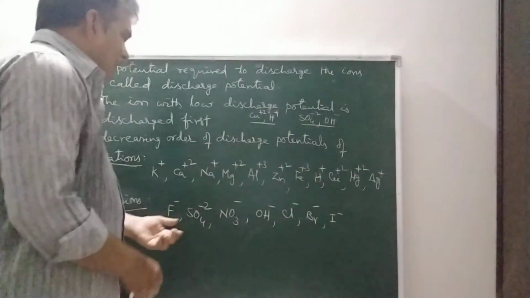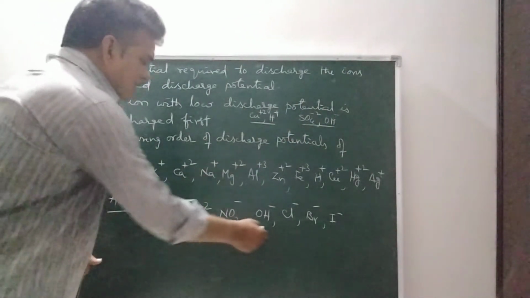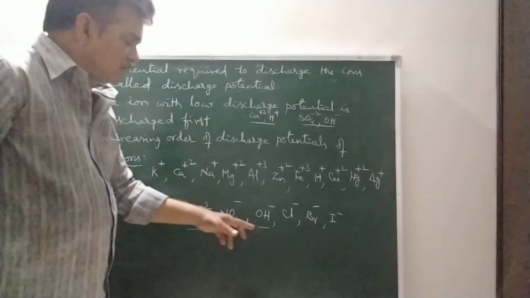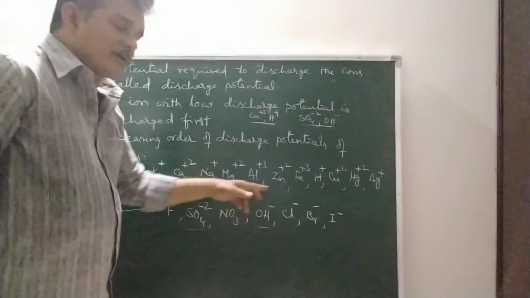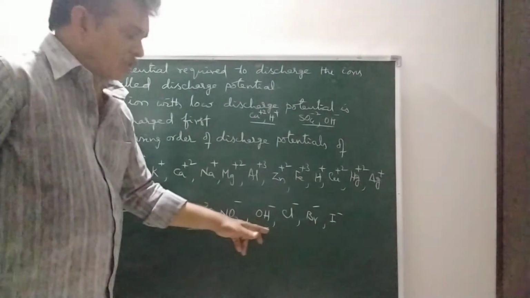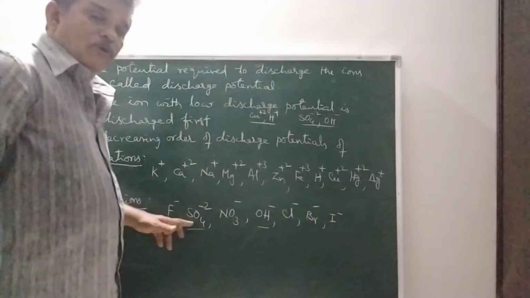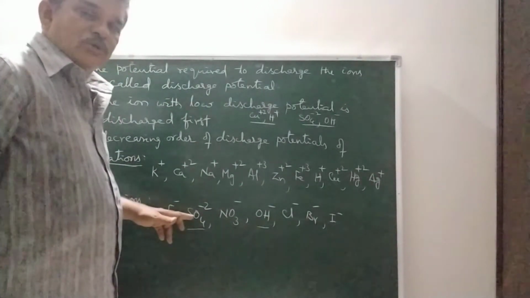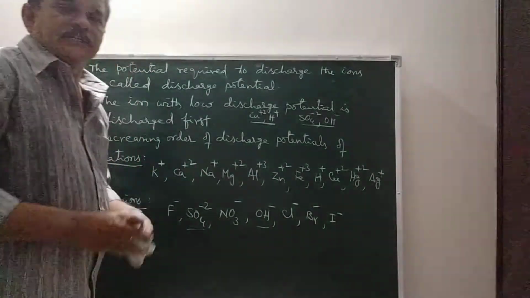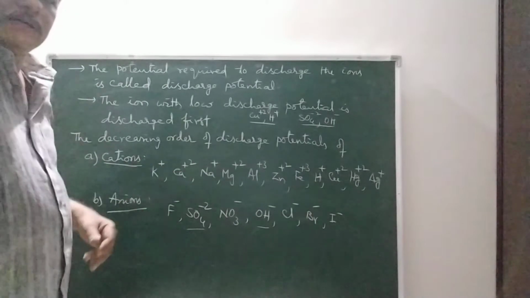Next, at the anode, there are two types of ions, SO4 2- and OH-. Among these two, which ions have less discharge potential? OH-. So these ions discharge and oxygen is formed as a product, right? So H+ and SO4 2- ions remain in the solution and they form sulfuric acid, due to which that solution gets acidic nature and pH will be less than 7.